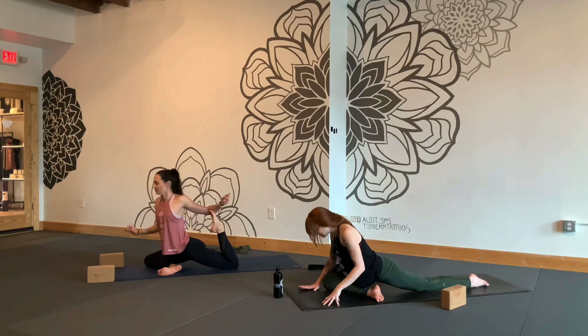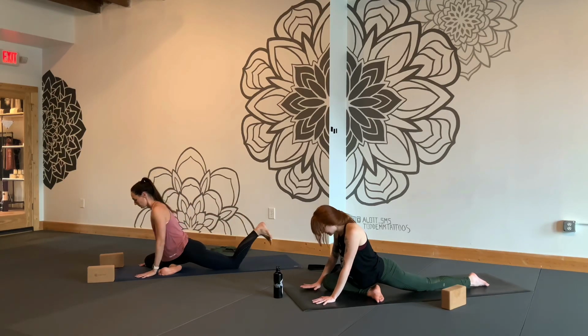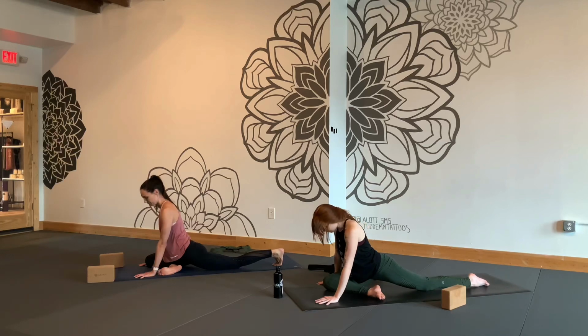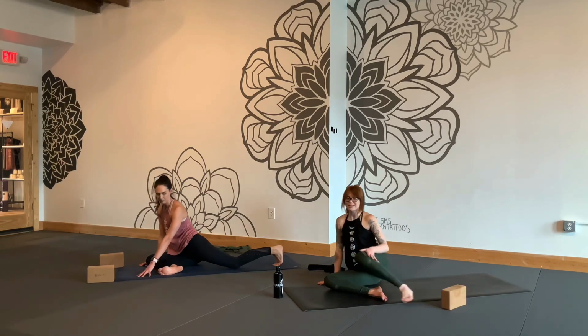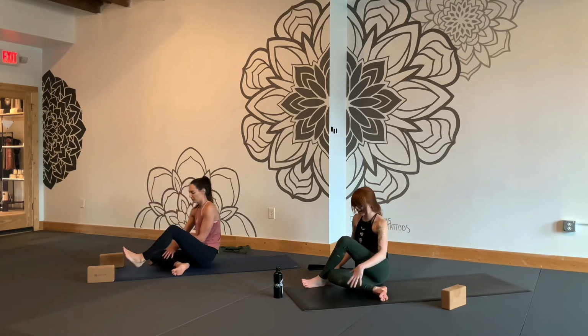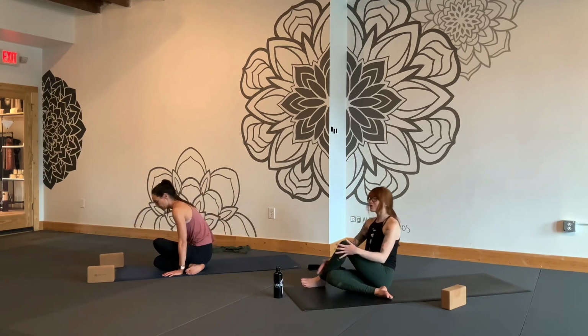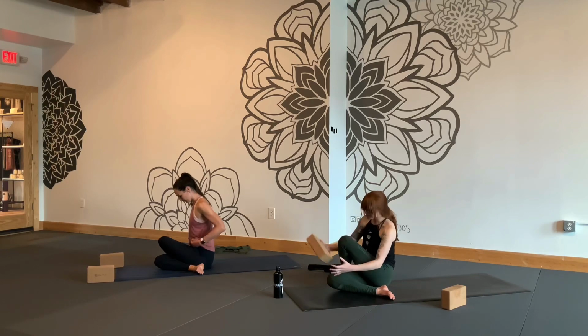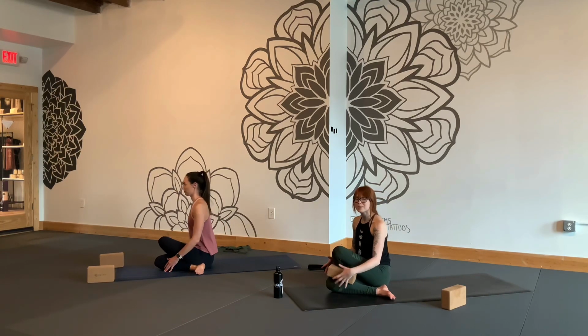Slowly making your way back down, hands to the mat. We're going to drop all of our weight onto that right side and swing that left leg over your right. So coming into cow face pose. So you're trying to stack one knee on top of the other here. You can place a block in between your knees if you have a lot of space, or you can keep